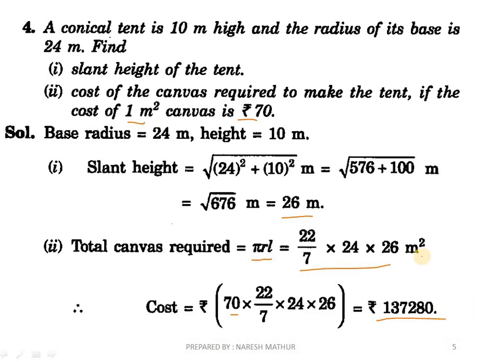Here I would suggest that you try to do the calculation at the end only, because if we solve these step by step we can get any number, and after that when we multiply it by 70, we'll get the number in some fraction only. So it is better to do the calculation at the end. By this we can just cut this 7 by the 70, so that it will be easier for us to find the total cost at the end.